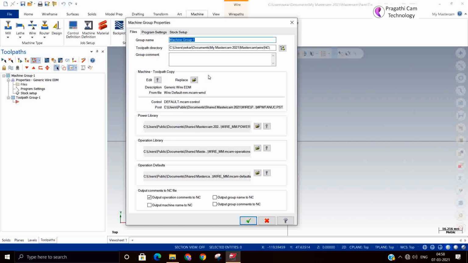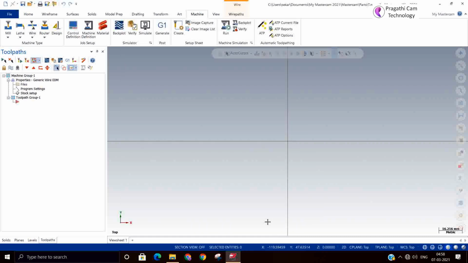You can replace these files also. There are many machines. If it is loaded, it is visible to you here by replacing. So now we'll open one file and see what all the common parameters are available.